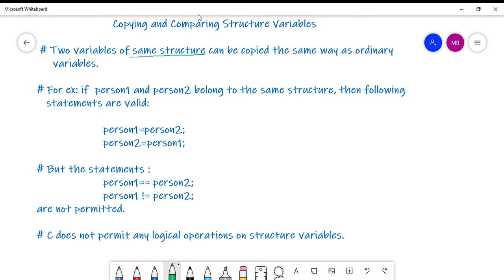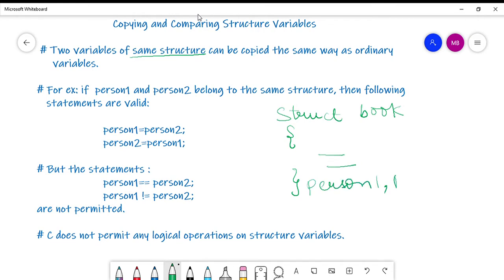Say for example there is a structure, struct book, and then we have some members here, and then we declare variables person1, person2.